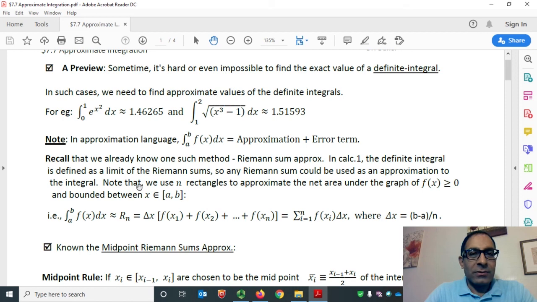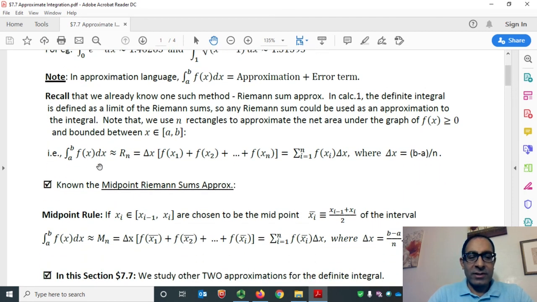Note that we use n rectangles to approximate the net area under the graph of the function and bounded between two x values. So our definite integral is given on the left side, integral from a to b of f(x) dx, and I use the approximation right Riemann sum, which is Rn here. So Rn equals,